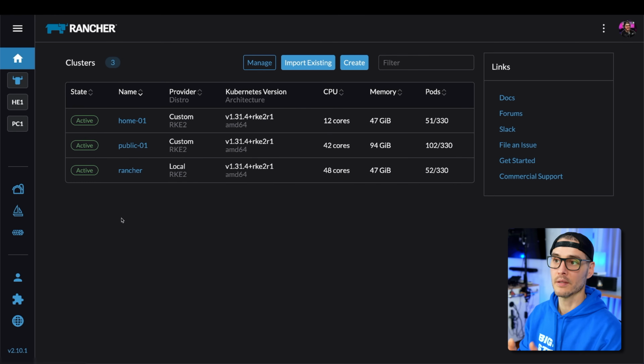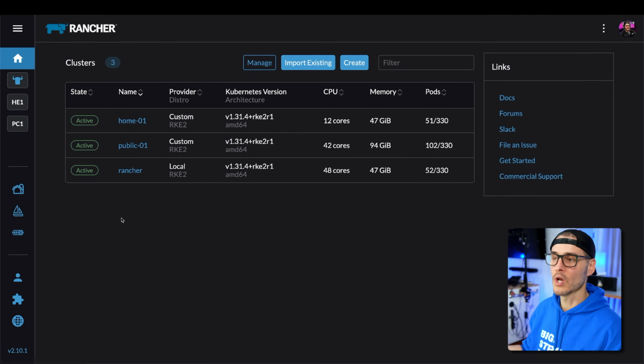And so doing it this way, or at least provisioning those clusters with Rancher and having them all report back to Rancher is awesome. It's golden. I love doing it. And upgrades are super simple too. But I do a lot of that with GitOps too. So just think of Rancher, at least for me, as a way to create and manage new Kubernetes clusters. And when I say manage, I don't mean manage deployments.